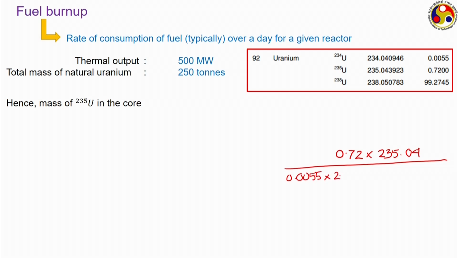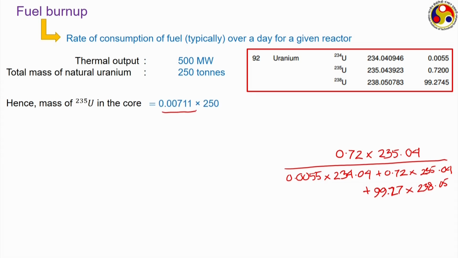0.0055 into 234.04 plus 0.72 into 235.04 corresponding to uranium 235, plus the last fraction for uranium 238, which is 99.27 into 238.05. So, do the calculation, it will come to be 0.00711, and once we multiply this mass fraction